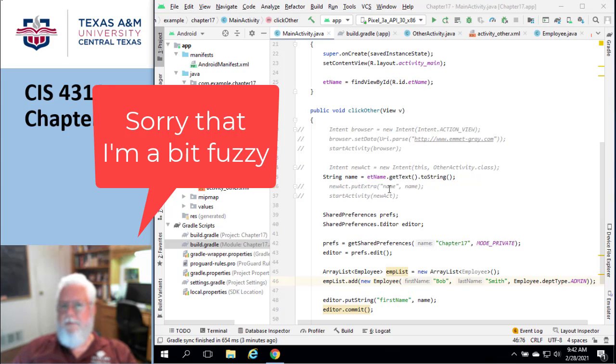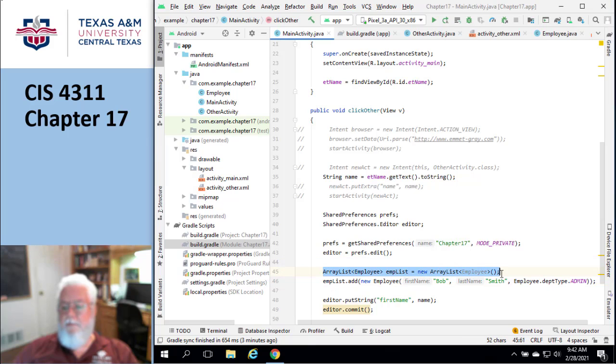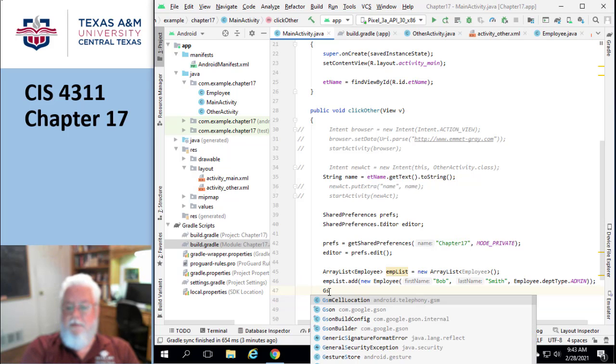Okay, we're about to do something complex here. So I created an array list of employees and I populated it with one employee, just so we have something complex that we can use to put in our shared preferences. Okay, so to be able to do this, I'm going to have to obviously create a